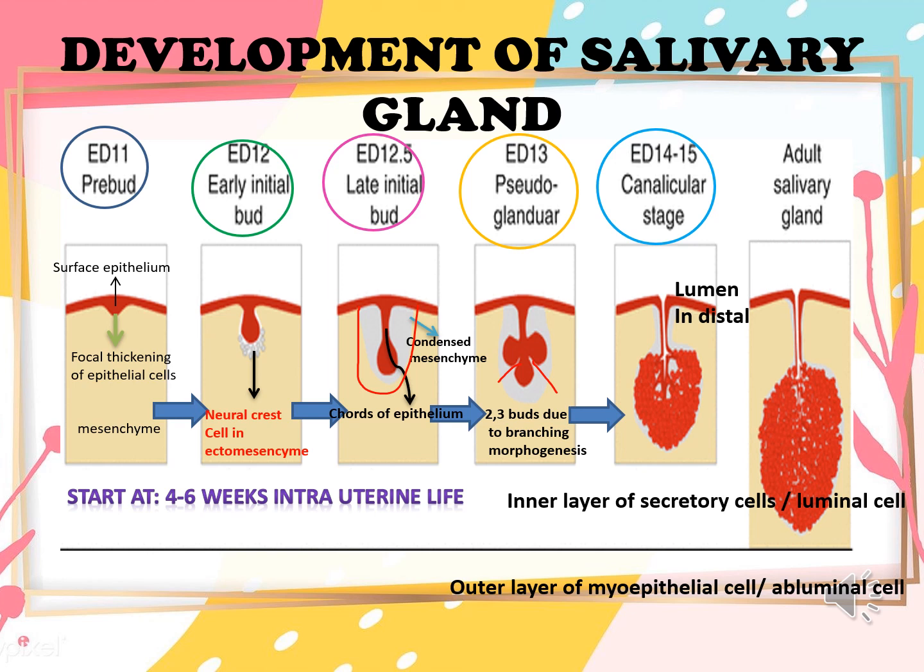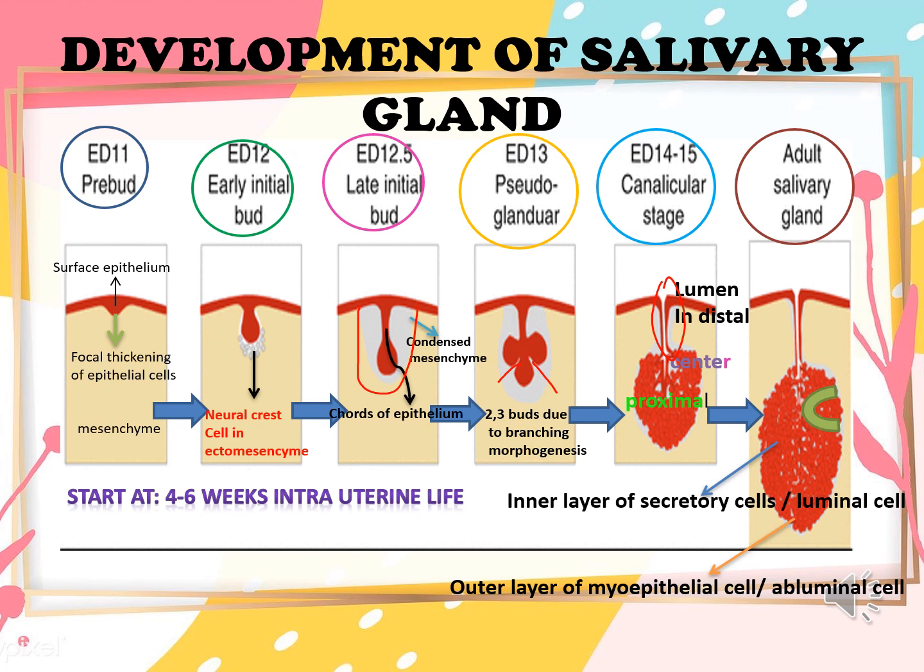In branched epithelium, lumens develop at the distal end first and then to the proximal end and then in the center. Lumen of the duct is formed first and later it is formed in the terminal branches. After the lumen is formed, an adult salivary duct develops. This develops when the epithelium and the terminal buds consist of 2 layers. Inner layer of secretory cells, outer layer of myoepithelial cells. Again, the luminal and abluminal cells come here.